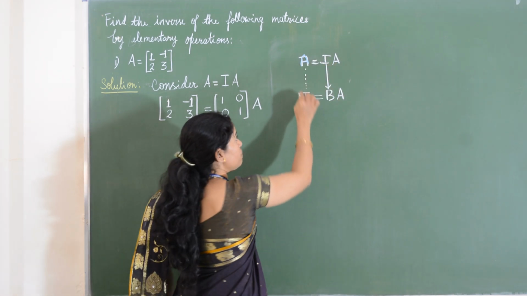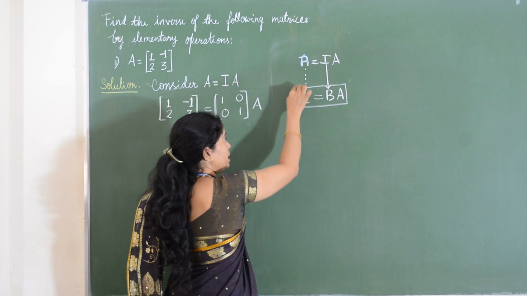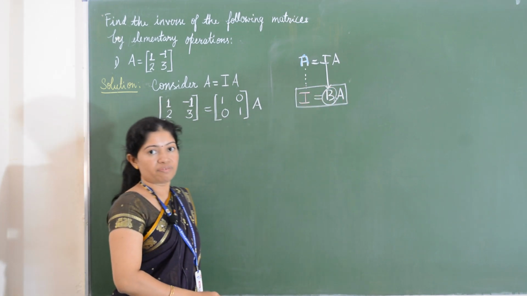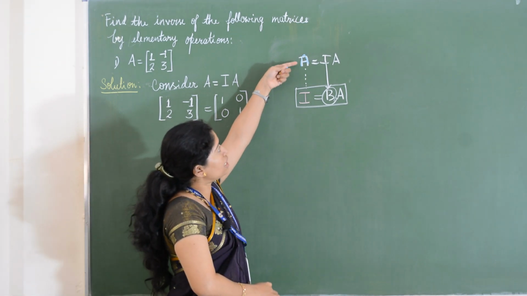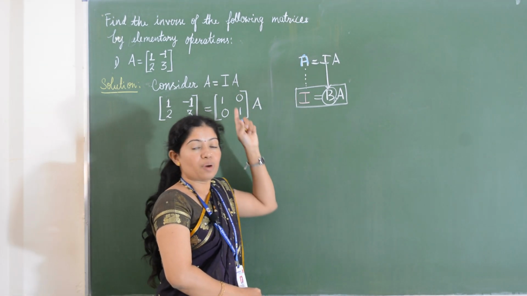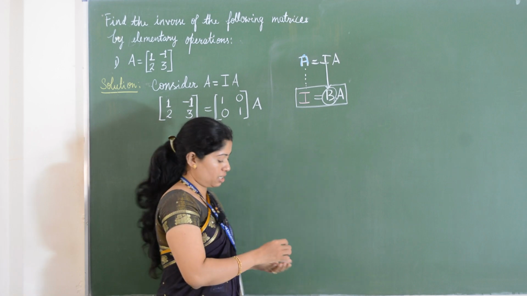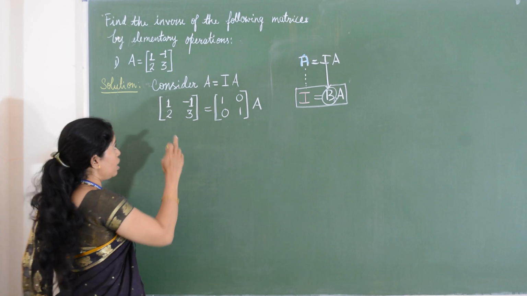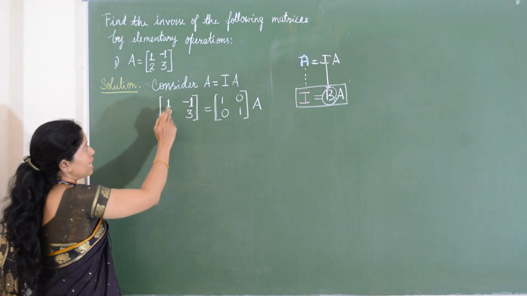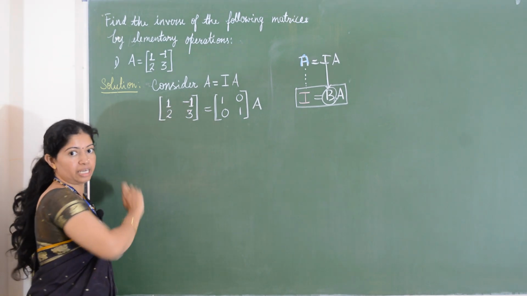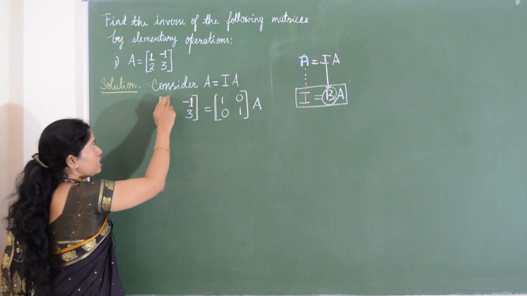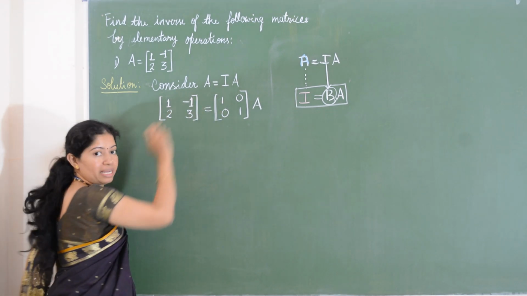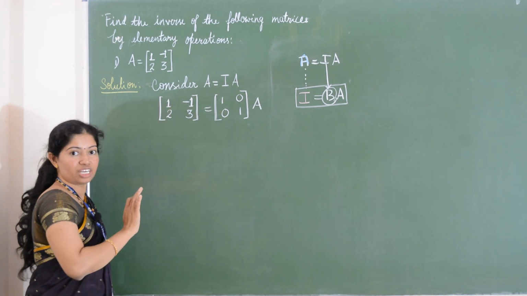Then finally we will be having with us A into B is equal to identity, means this B is the inverse of A. So how we can convert A to identity? You have to follow a method here. So first one, you see the elements of matrix A. You are having here elements as 1, minus 1, 2 and 3. In the first entry here it is already 1. Okay, in identity also you will be having at this place 1. So no need to make any changes there.